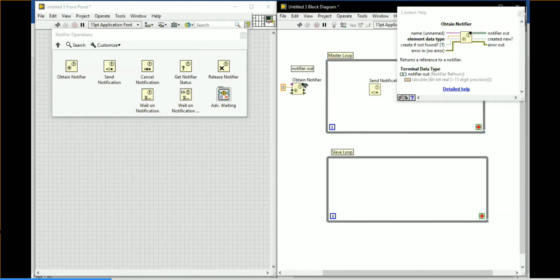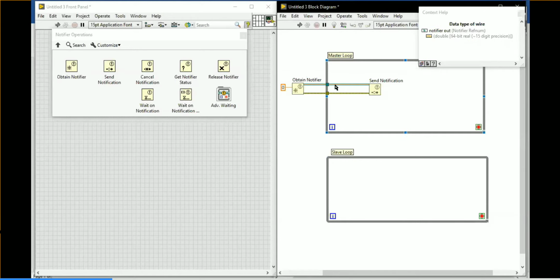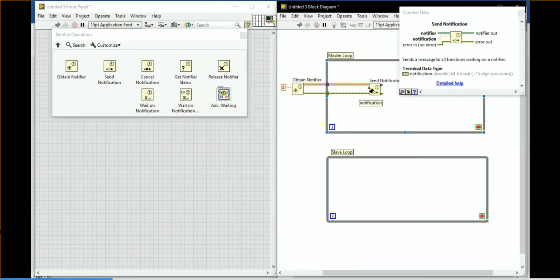So I'm going to connect the reference value, and I am connecting the error out to error in. Once you connect a reference, you get the notification terminal, the data terminal, in orange color. Why? Because your reference update notifier data type is numeric DBL, that's why you get the orange color.